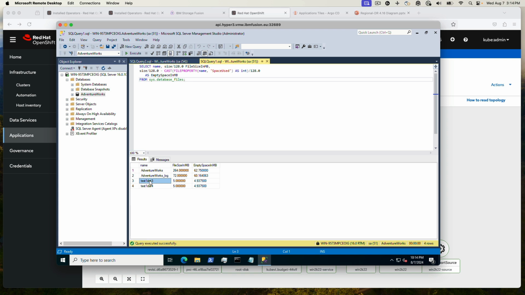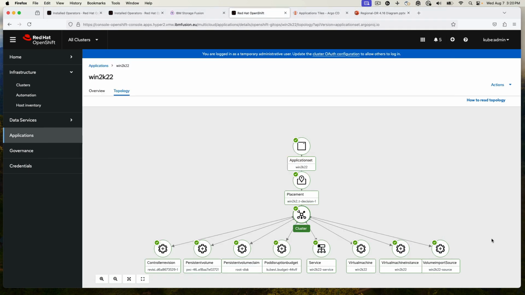The plan now is to wait just a little bit because this is asynchronous replication for them to be replicated to the secondary cluster. And then we will fail over the virtual machine. Okay, let's go back now after we made that change and go ahead and fail over the